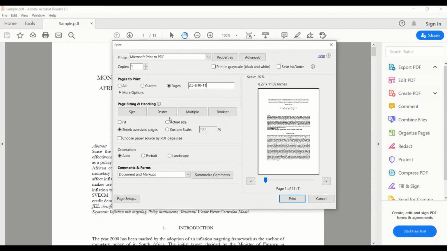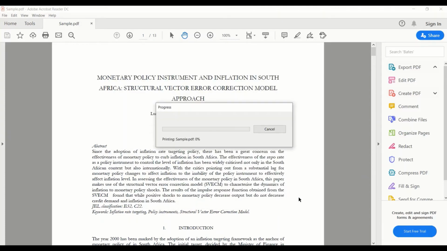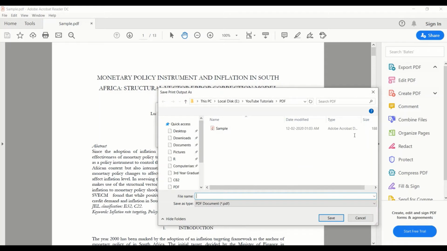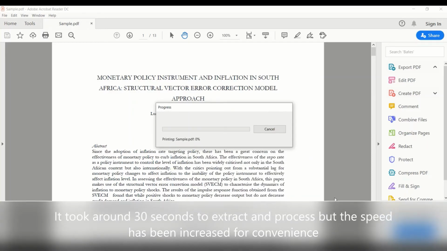After looking at the other formats that you may require, you simply click on Print, and then the Acrobat Reader will start processing it. It will flatten it and convert it. You will first have to select the destination where you want it. You select that, give it some name, and then click on Save. Then it will start processing, and let's wait for it.